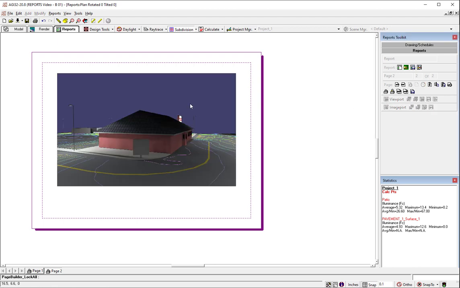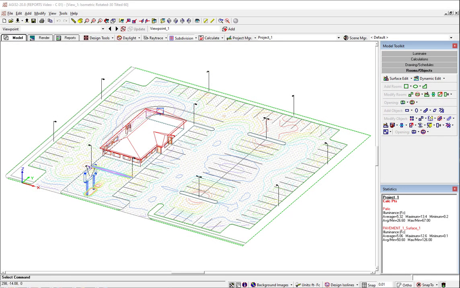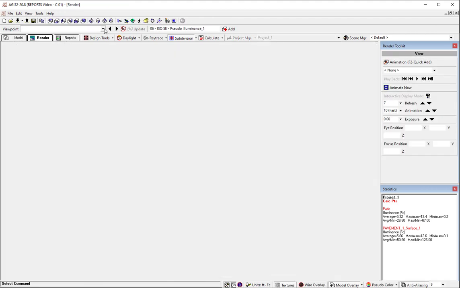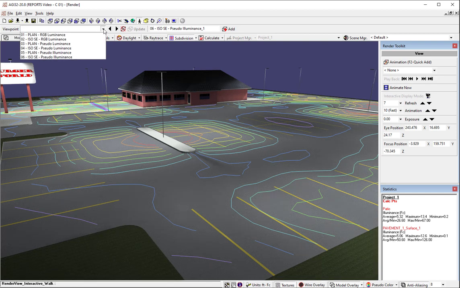So let's get over to automated content now. And I've got yet another model. It's the same one I just showed you with the saved render viewpoints, numbered the way we want them. I have not added a drive-through. We'll go to Reports,